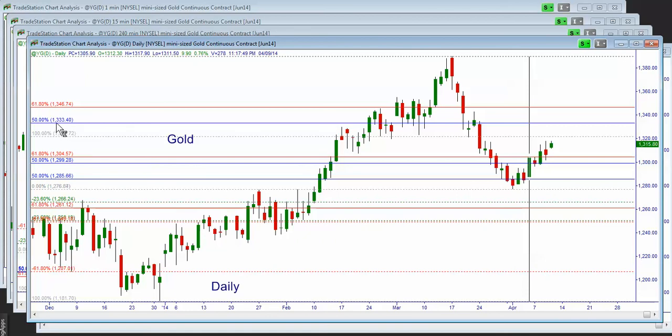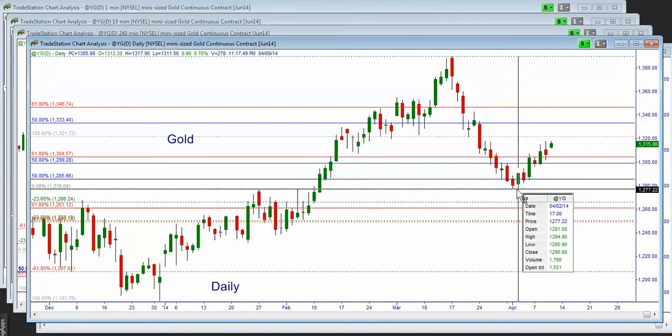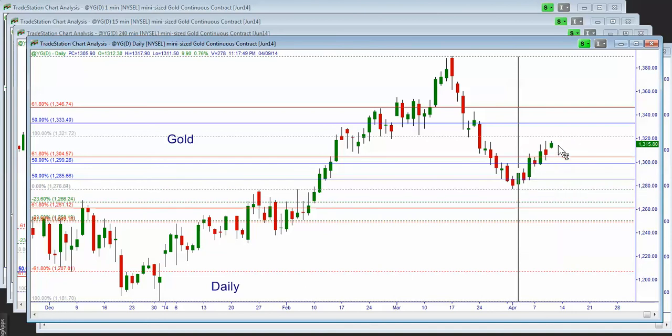It is my opinion that there is a potential area of resistance starting at 1333. We don't know whether there will be participation, but for sure 1304 was actually a potential entry with a stop below lows, and this could bring price into that 1333. And if we continue higher and we break this 1346, then it's a confirmation of the targets